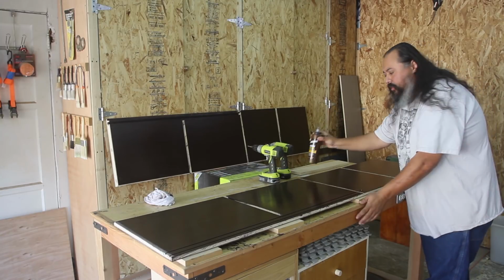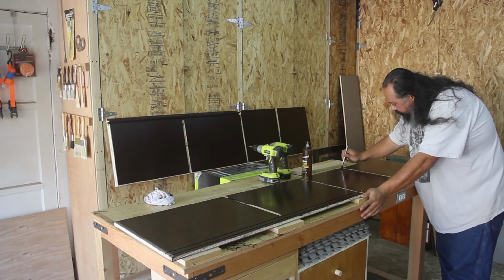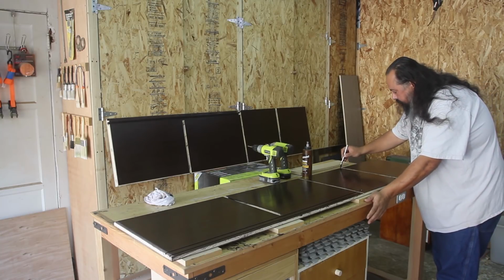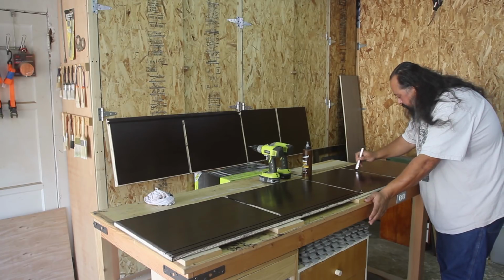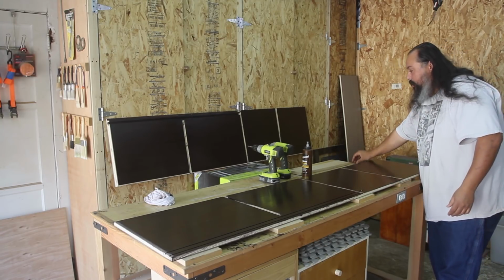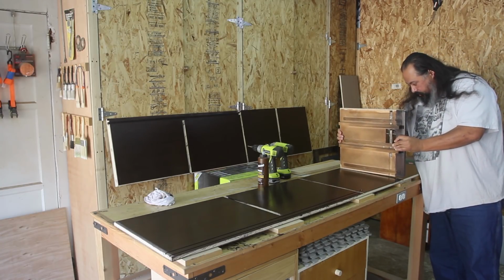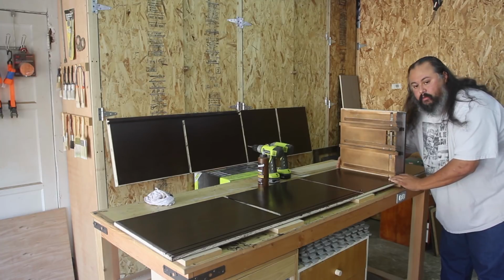Oh, and by the way, I'm using hide glue, mainly because I believe that hide glue is a better glue for furniture if you want it to last longer than PVA glue, because PVA glue is almost impossible to get off once you put it on, whereas with hide glue it's easy. You can warm it up when you need to restore something. The restoration that I was doing was done with hide glue, and if it wasn't, I don't think I could have restored this the way I'm doing it, because I don't think I could have gotten things apart. So that's why I'm using hide glue. Aside from the fact that it's got longer working time and it's easier to work with, it's a little stickier, but